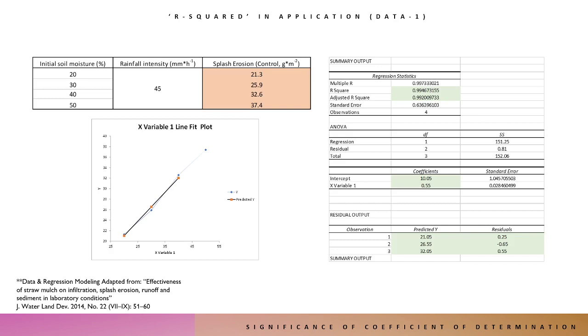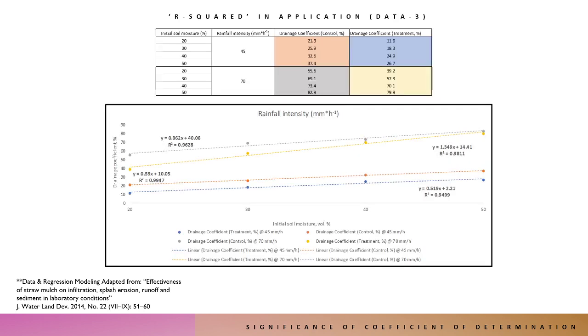At left is a diagram of this data's predicted y value superimposed on the actual y values, which can also be generated from the regression analysis. If we add more complexity to the data, we can generate a regression line for each set as well as auto-generate its equation and R squared value in Excel.